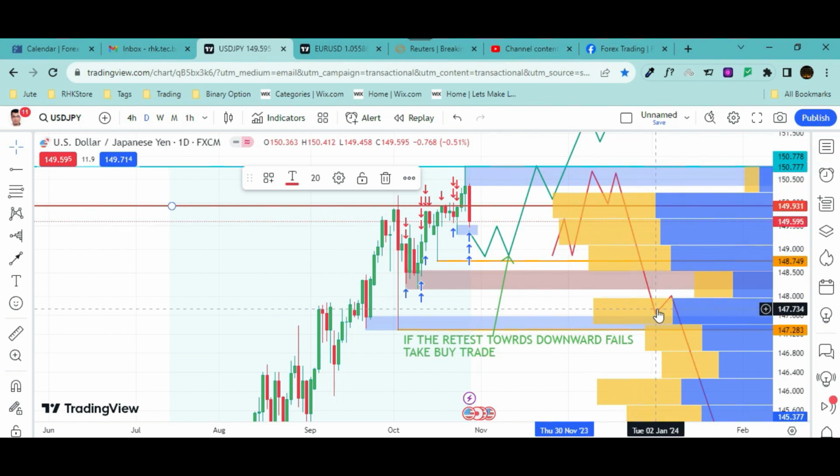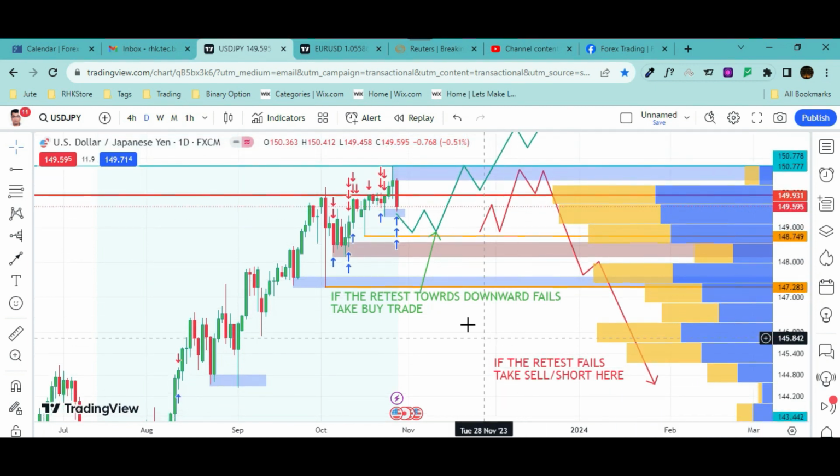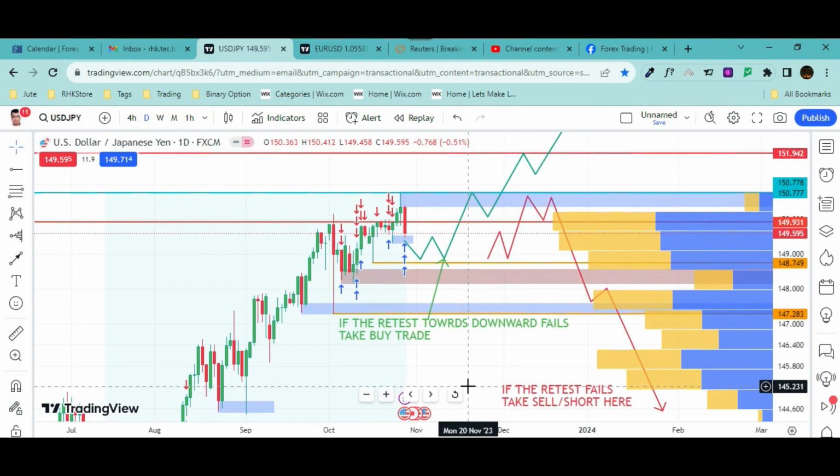And when the buyer loses interest here, the seller will take control of the full market and it will come down, subject to both the FOMC, Federal Open Market Committee interest rate, and Bank of Japan interest rate. So if the Bank of Japan interest rate remains the same,